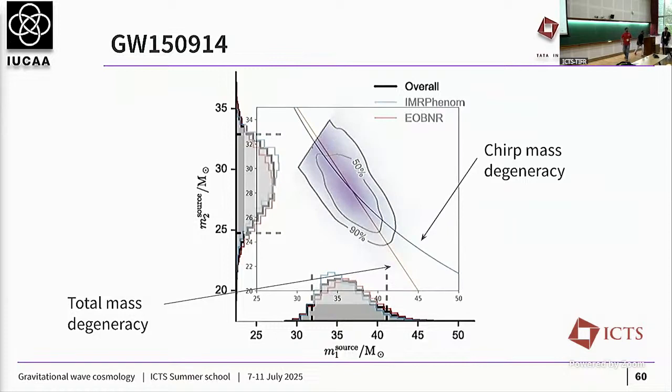Okay, so when you were working on the tutorial, I tried to make this plot where I'm showing the same kind of axes, 20 to 35, 25 to 50. Then I took the parameters of GW150914 and asked: if it is chirp mass, what kind of degeneracy should you get? And if it is total mass, what kind of degeneracy should you get? You can see it partly follows the blue line, partly follows the red line, so it's